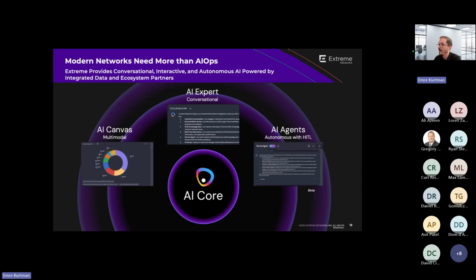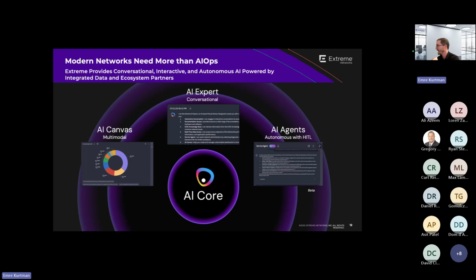So that's why we built a multimodal system, so that you can build pie charts, be it bar chart or any other chart, and you can easily switch between different types of charts, as well as tables, graphs, and you can publish them in what we call AI Canvas, so that all the other users that are using Extreme Platform One can see these graphs. And I will be showing this as well.